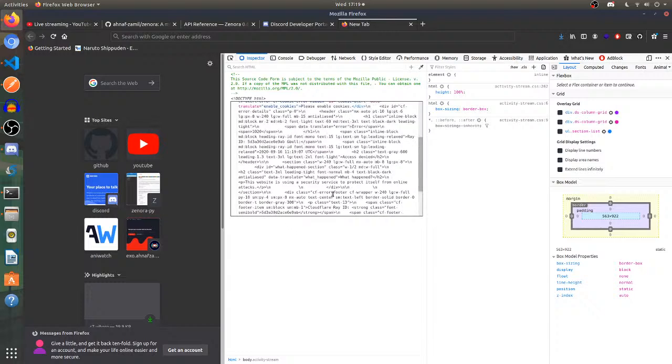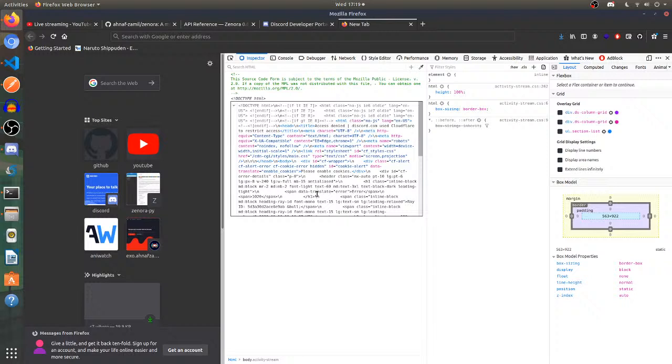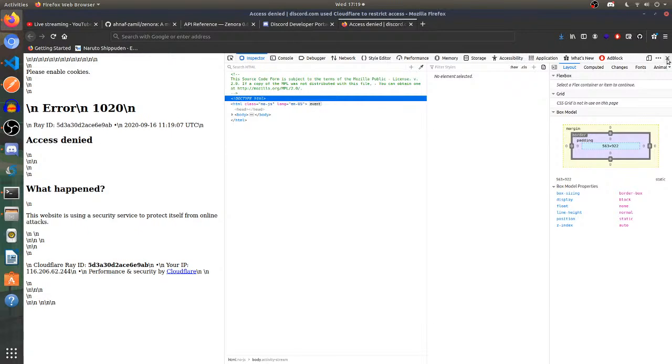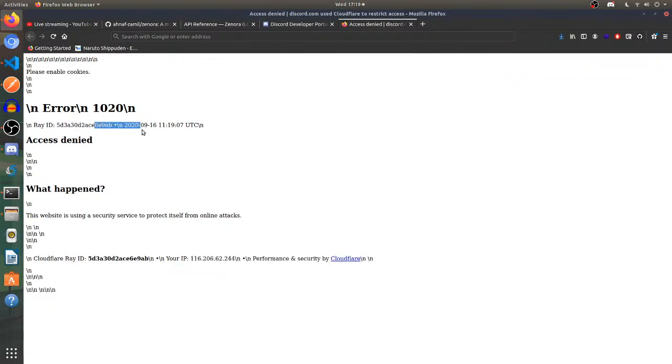I want to actually see what's happening over here. But yeah, so this is the HTML. Yeah, so this is the error. Access denied. What happened? This website is using a security service to protect itself from online attacks.